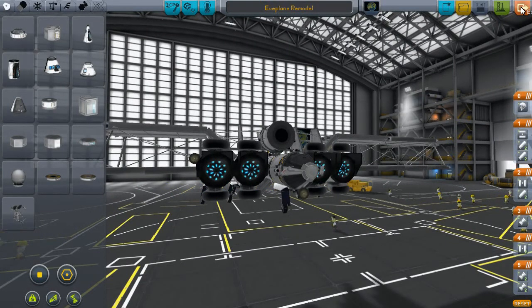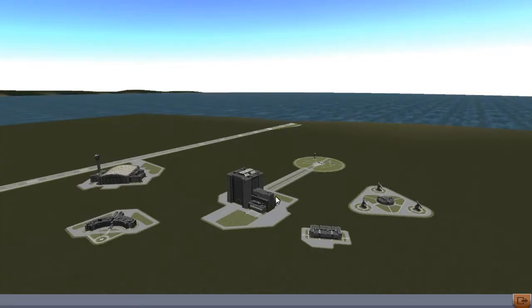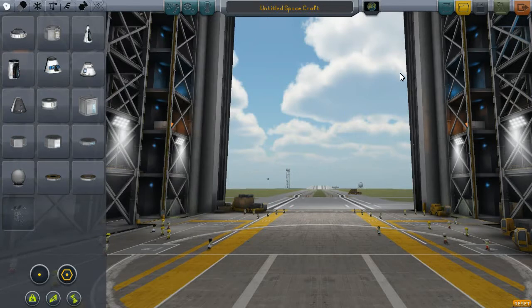So spaceplane hangar is not where we're going to be doing this, even though it's part of my ultimate plan. The Eve plane version 1, or the remodeled, is not actually part of that plan. It's not as nice as I would have liked it to be, which is why I actually changed some of the components out to make it more usable in atmosphere. I swapped the